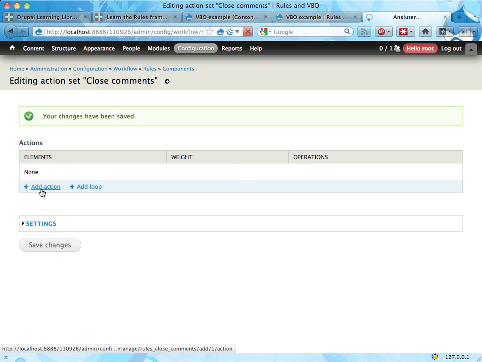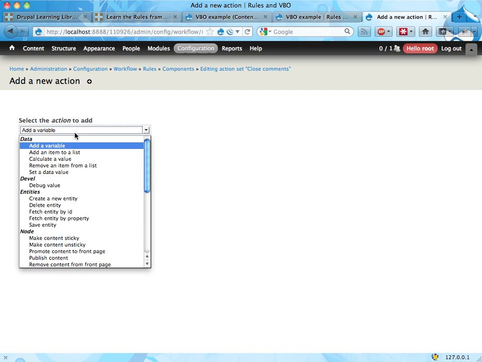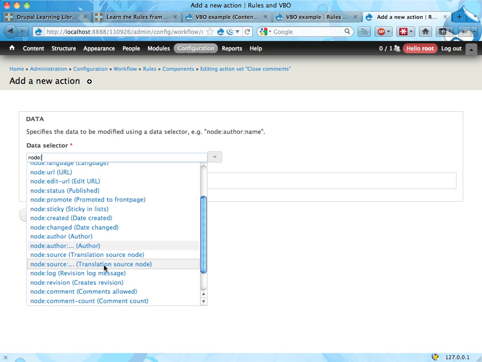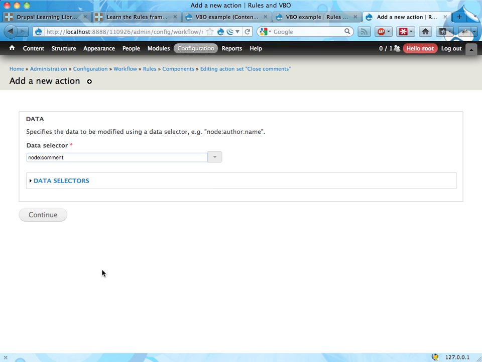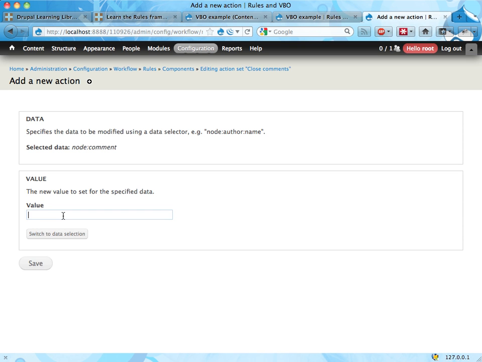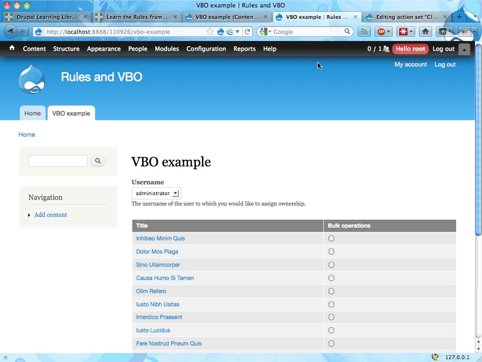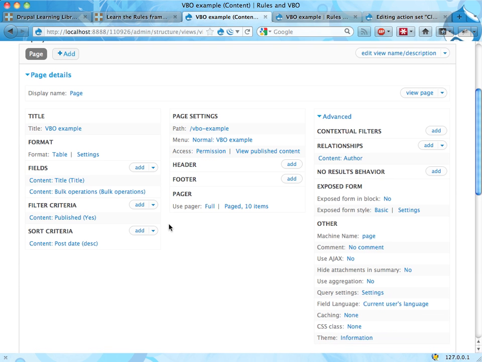Action, I'm going to add a very simple action here, which is set a data value, which is kind of 90% of what you want to do with rules. I want to set the node's comments allowed here. Continue. And set that to 0, closing the comments. Cool. Now I have a component with one parameter, that is a node,